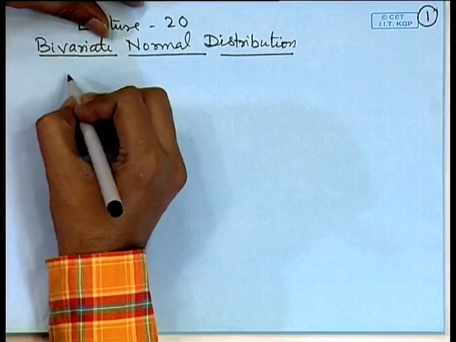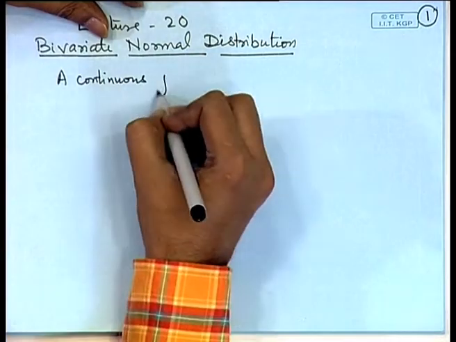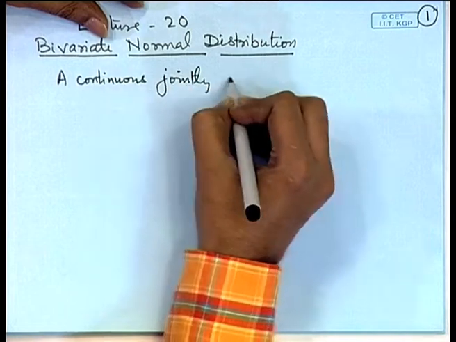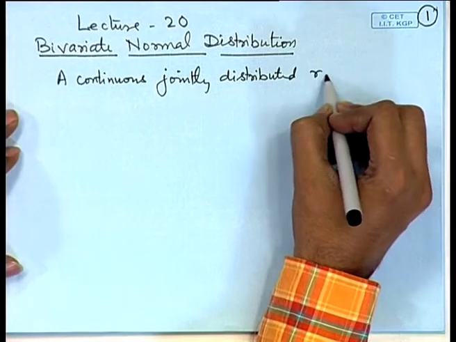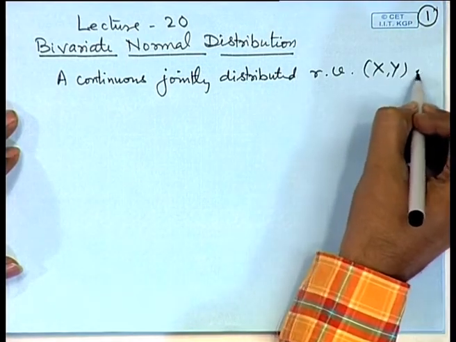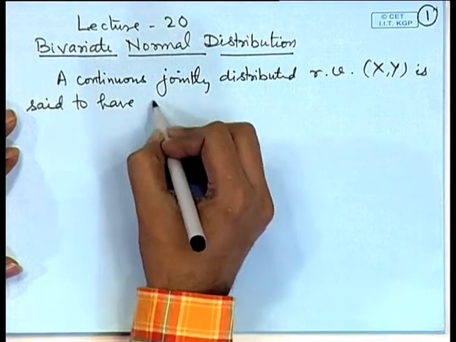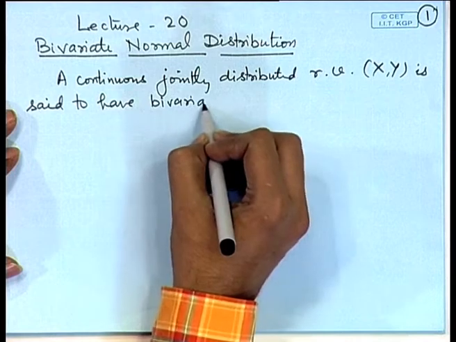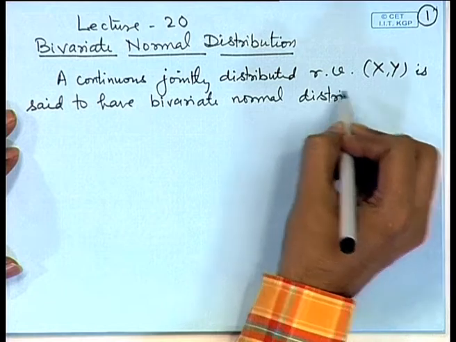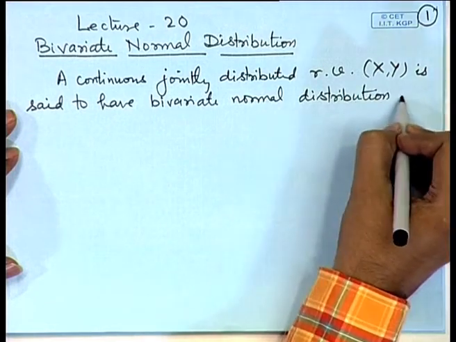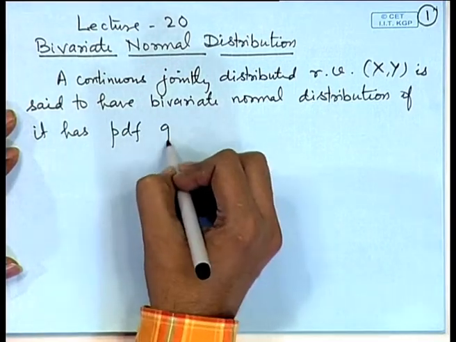A continuous jointly distributed random variable (X, Y) is said to have bivariate normal distribution if it has the probability density function given by